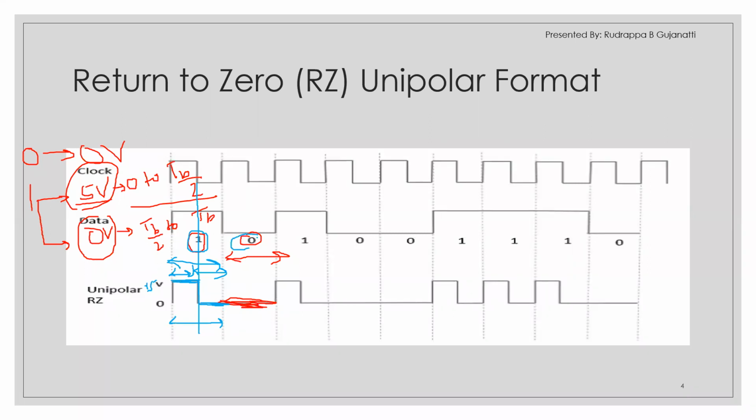Now here it is logic 0. Since it is at 0 volt, there is no case of returning to 0. It stays at 0 volt for the entire bit duration. Now again I get bit 1. For the first half bit period it will be 5 volts, and after the half bit period it comes down, returns to 0 and stays there for the next half bit period. So here it is 1, represented with plus 5 volt for the half bit period. Again it returns to 0. The next bit is again 1. It is 5 volts, and again it returns to 0. So this is what is happening here.